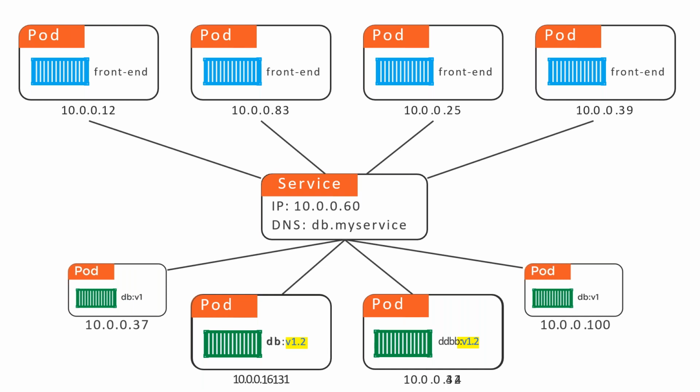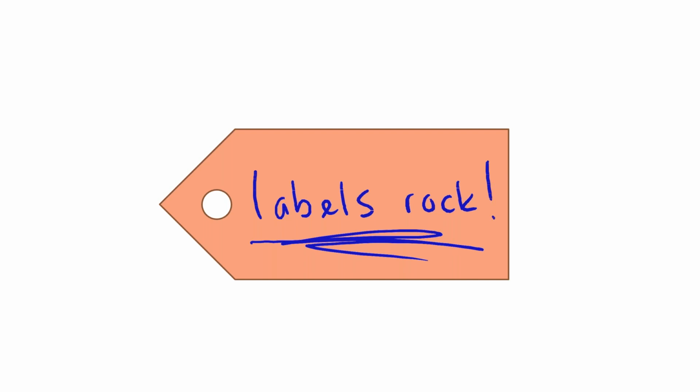Now there is one problem here. I want to transfer the traffic to the pod which is version 1.2. When you have 2 deployments, your app version 1 and version 2, you want to direct either to version 1 or to version 2. So how do we manage this? That is where the label works.